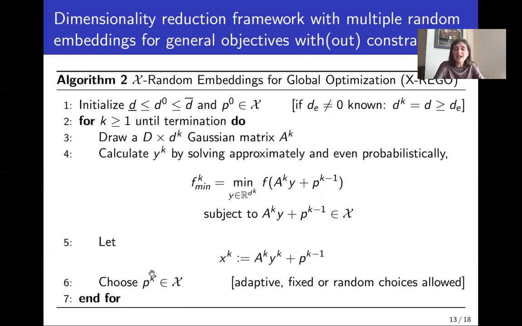Now, this pk allows us to be adaptive in our algorithm. So pk could be, for example, the best point found so far in terms of best function value for f, or it can be a fixed point, or a random choice is also allowed. So for example, if the algorithm is stuck, you can just draw a random p and this framework will still hold. If you know that f has special structure and you happen to know the E, then your dimension of the random subspace could be chosen to be constant and just an overestimate of the E.